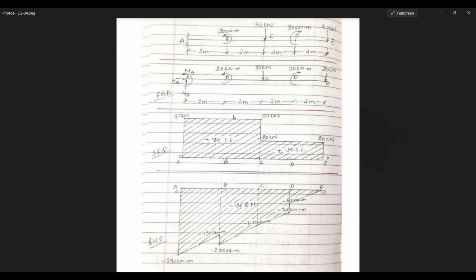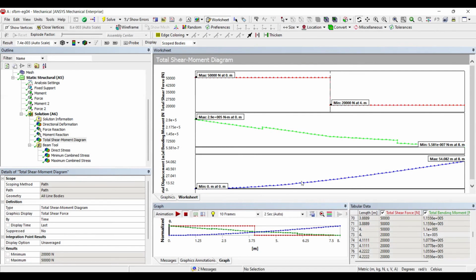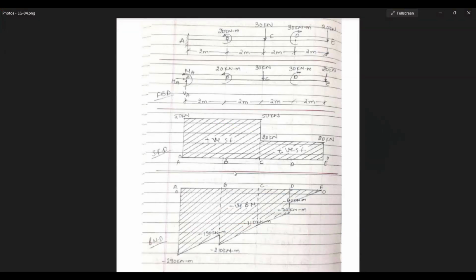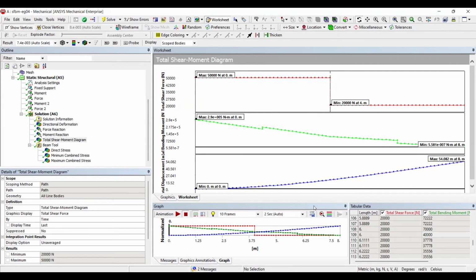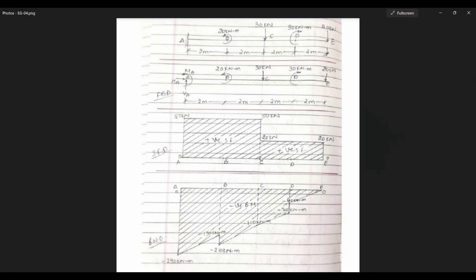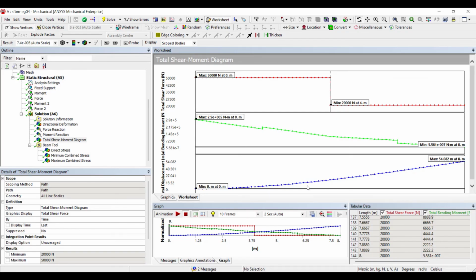Next, we'll go to point D, which is at 6 meter from the start. Here, the value of shear force is 20 kilonewton. So let's go to point 6 meter. Yes, it is 20 kilonewton. And here there is 70 kilonewton meter and 40 kilonewton meter. So let's check. Yes, it's correct. And the last one is what we have already discussed. If you still want, you can check here at 8 meter. It is 20 and this is approximately 0 for bending moment. For this numerical, we have got exactly same answers at every point that we have solved for.